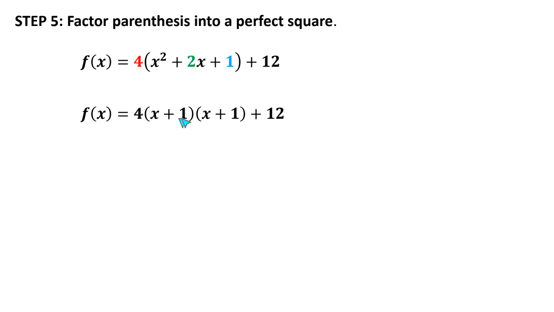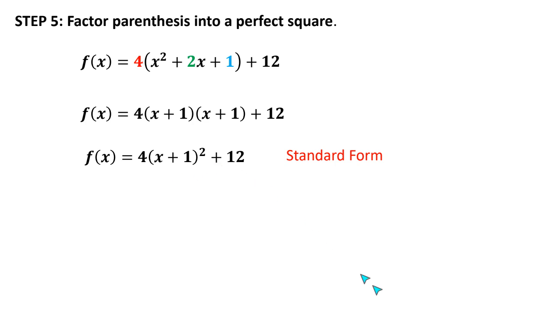Now there is a shortcut to figure out what number goes here in this 1. And that shortcut is the number you get from taking half of the letter B, which I'll restate here in the next example. But now that we have two identical factors, we can rewrite them as (x + 1) squared. And so now we've taken the general form, we wrote it as a standard form. So having it in standard form,